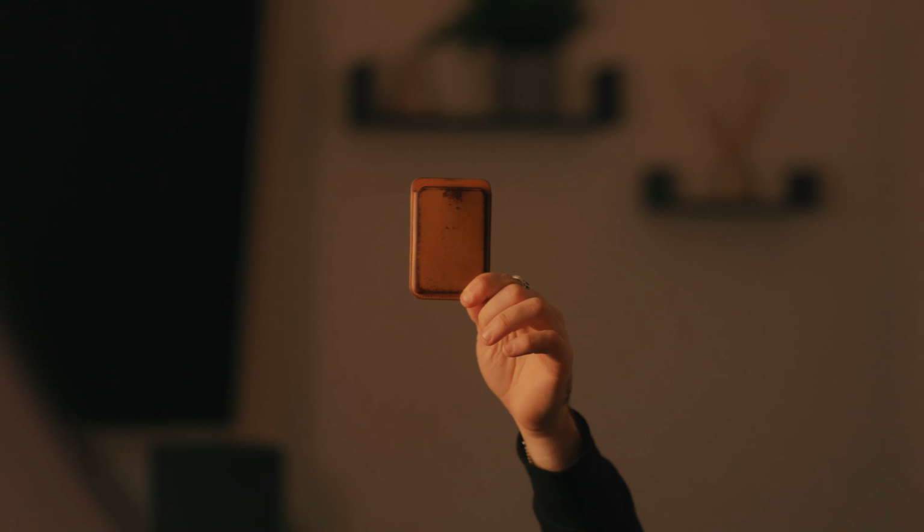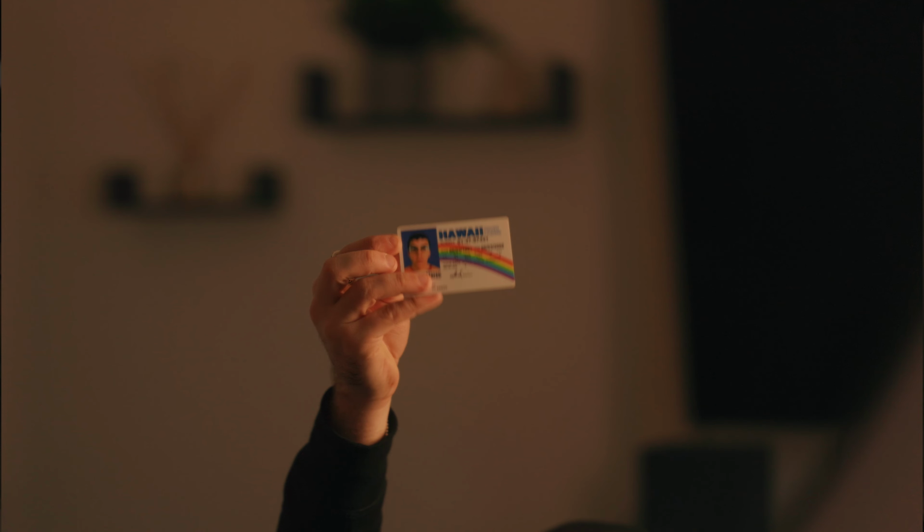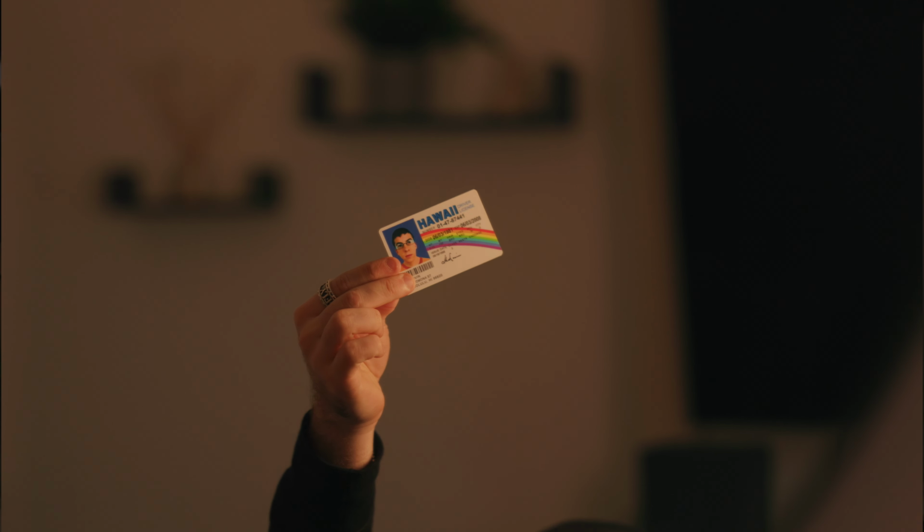I'm still using that classic MagSafe wallet from Apple. I love the fact that it tells me when it's detached from the phone and where it was last detached from the phone. And not only that, it's just nice and easy with the thumb hole on the back to just quickly get a card out. It's outrageous the amount of people I've shown that to that don't get it. But I got that in South Carolina, in Charleston, at a little gift shop, so that is why it stays